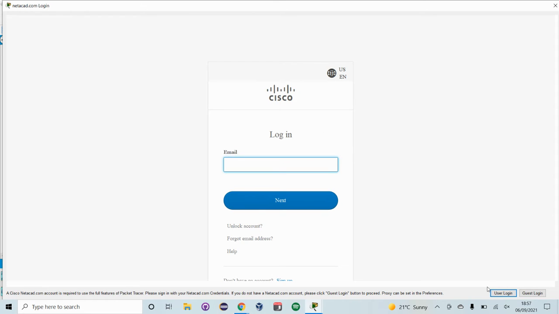Now the application loads up. You'll notice down at the bottom right-hand corner of the screen you've got user login and guest login. Now you can go ahead and create your account. I'll put the links under the video of how to do that if you want to work on it from home or you're not currently in college. But if you click on the guest login,